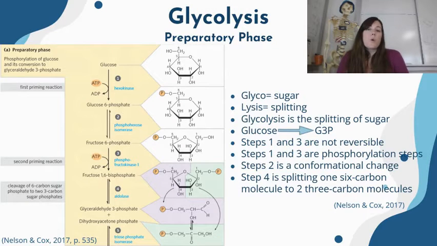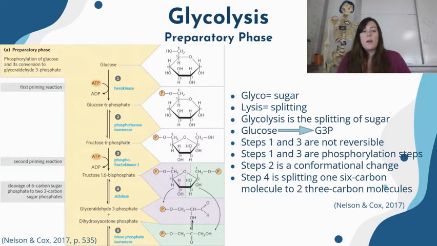So if we break the word glycolysis up, we have glyco and lysis. Glyco is sugar and lysis is splitting. So glycolysis is the splitting of sugar, or glucose in this case. So let's analyze this picture and walk through the preparatory phase of glycolysis. The preparatory phase is the phosphorylation, the use of 2 ATP molecules, of glucose to convert it to glyceraldehyde 3-phosphate,